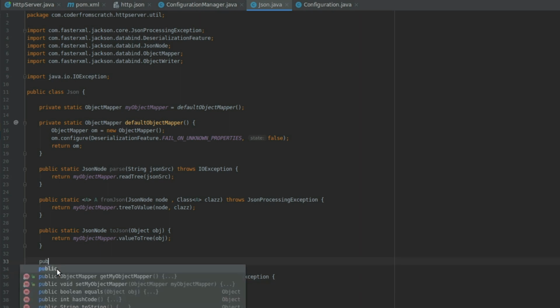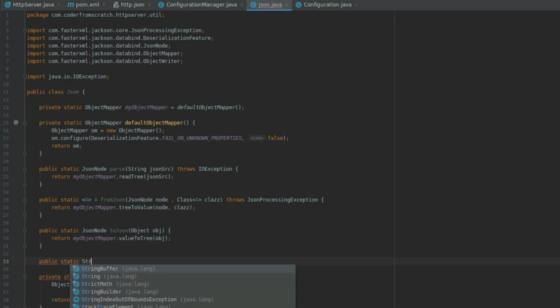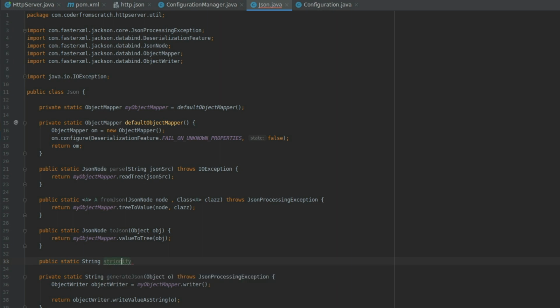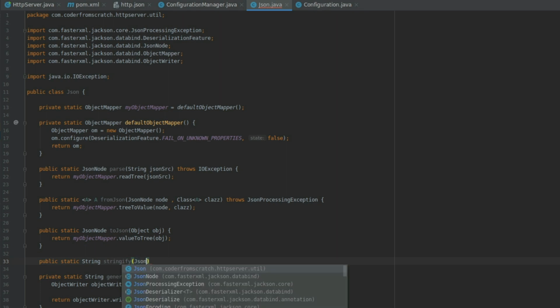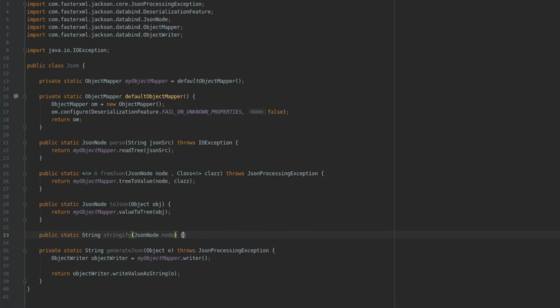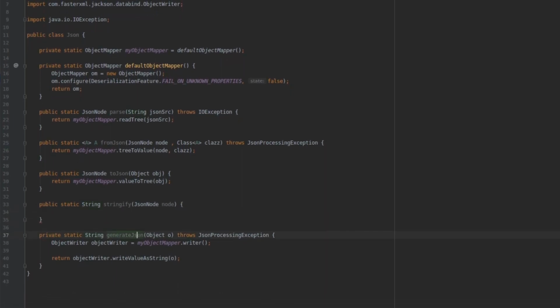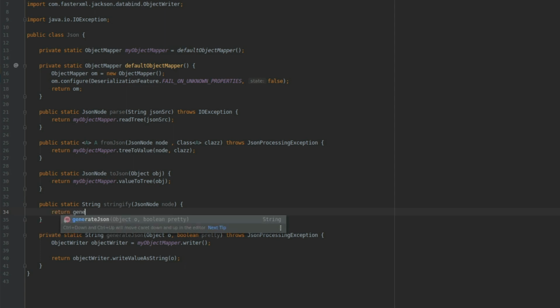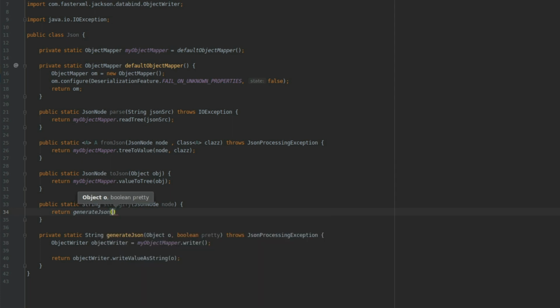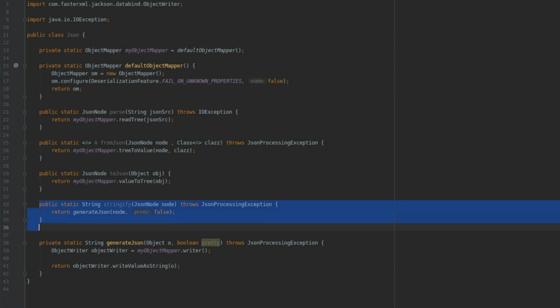So I'm going to create a method which is also static, and now it's public because this is the method that we want to call. String, I'm going to call it stringify, like this. I'll give it a JSON node, this, and I'm going to modify this one. Take a boolean pretty. I'll explain that in a second. And I'm going to make it return generate_JSON. So pass the node in and make it pretty false. This. Add exception to method signature, and I'm going to create a copy of this one,